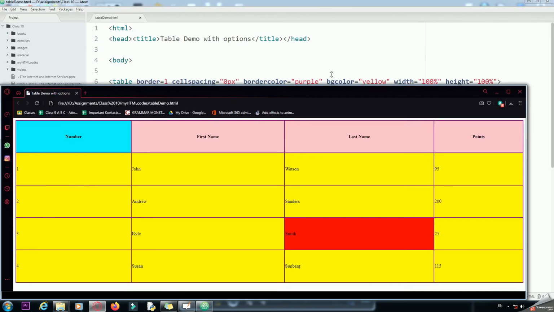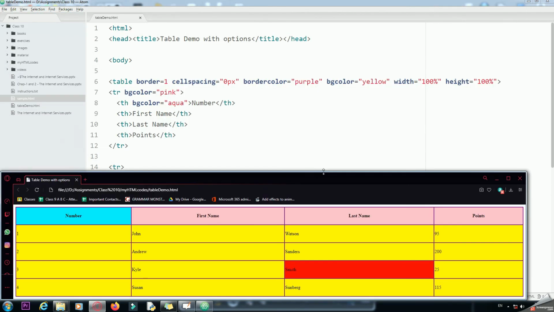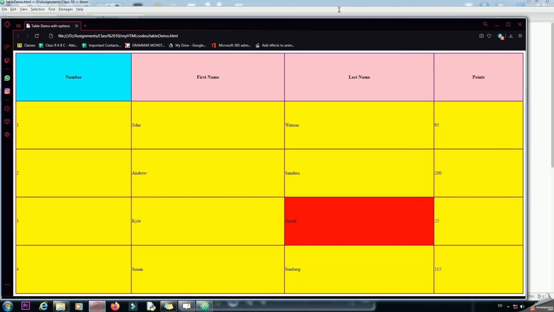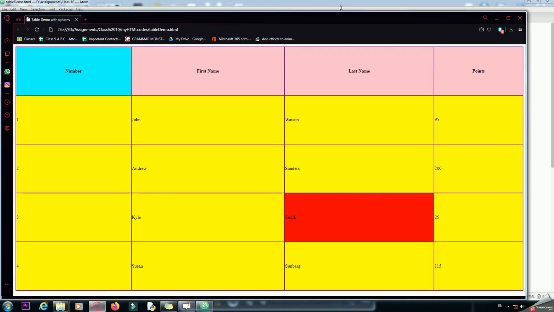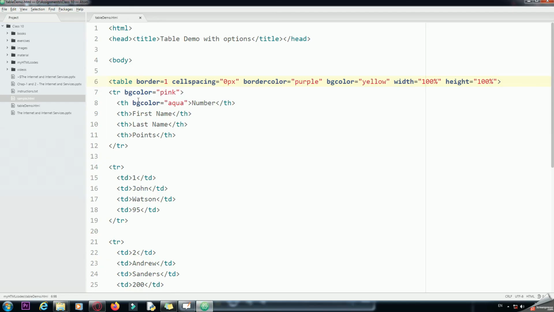That is, according to the width and height or the size of the screen, the table automatically resizes itself. So this makes our table or web page responsive. Okay, so this is how you can make your web page responsive.